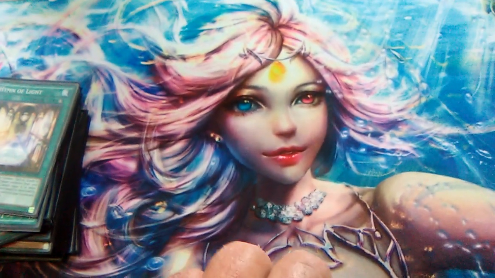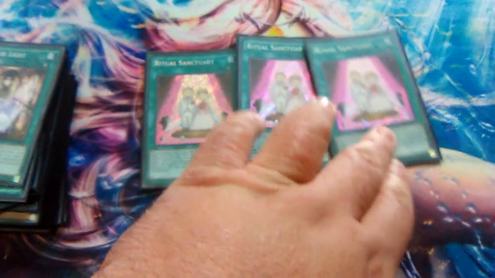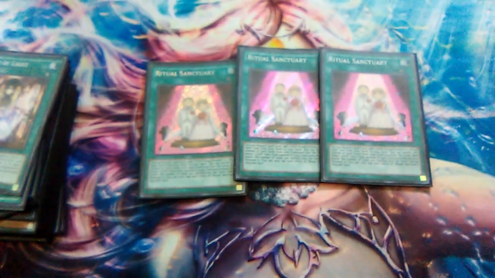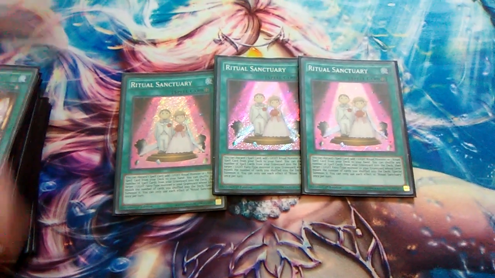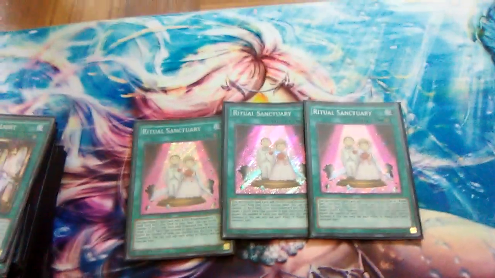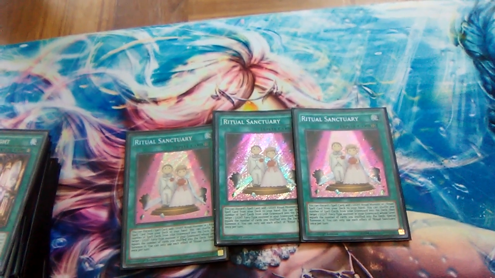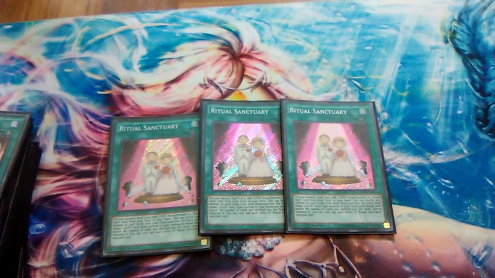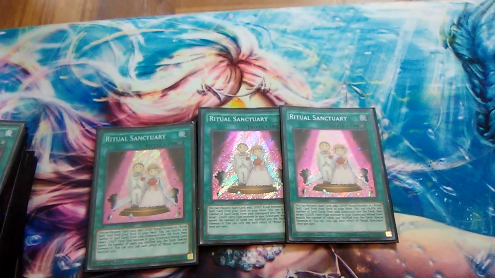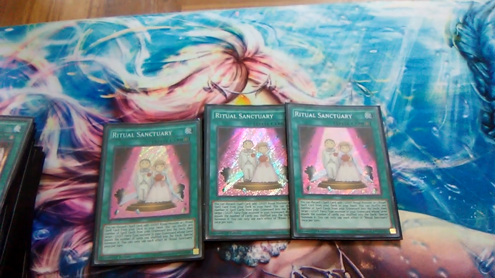Now on to the other stuff. I run 3 Ritual Sanctuary. You have to run this card. It is the best spell card in this deck. Or field, yeah, it's a field spell. But spell in general, best spell in the deck. I can discard a card, add 1 Ritual Light monster, 1 Ritual spell card from my deck to hand, and